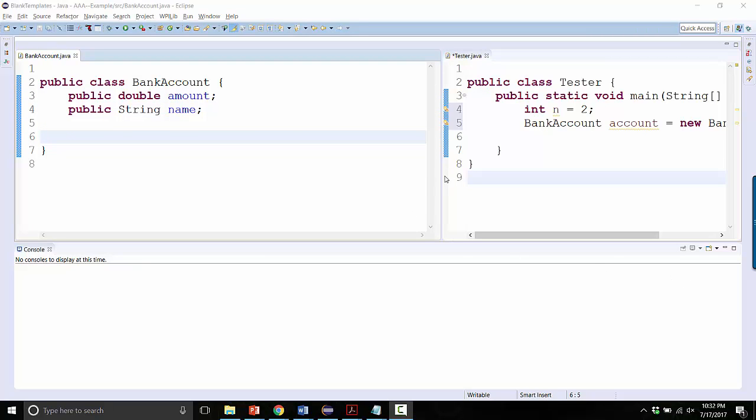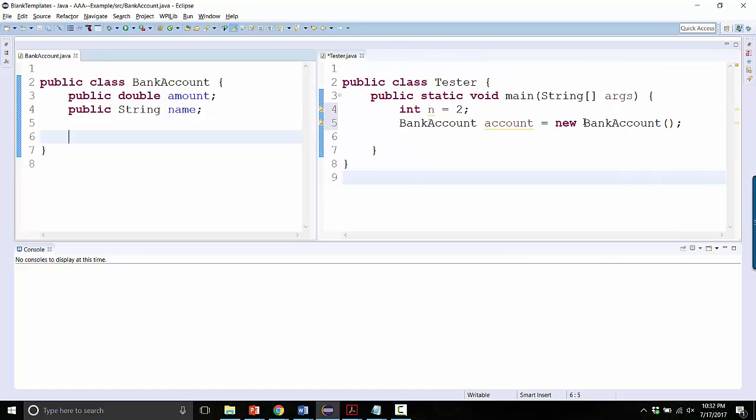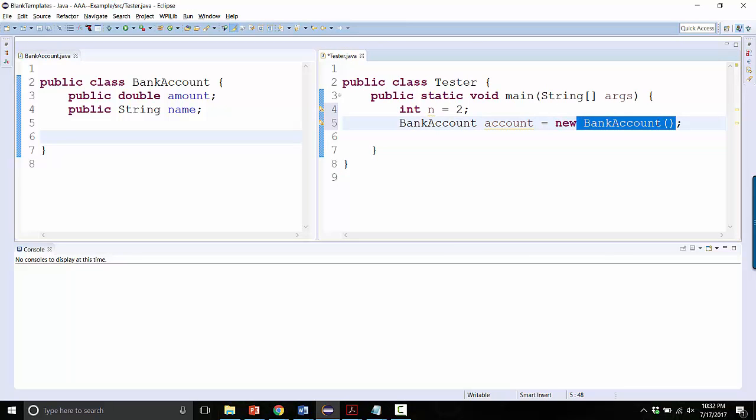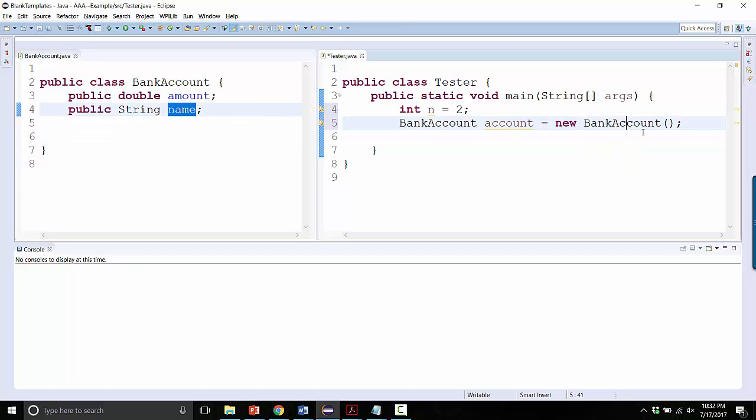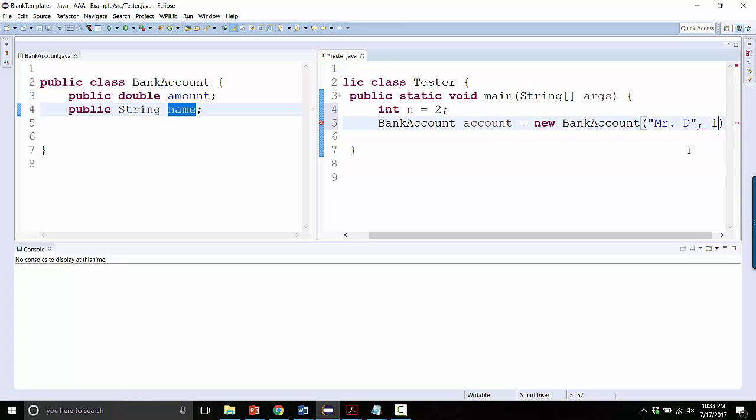Alright, so back over here in the tester, if I'm creating a new bank account, how do I tell the bank account how much money is in it and who owns it? The answer is this special method called a constructor takes as input the facts that you want to assign. So here, for example, I'm going to have the name on the account be Mr. D, and the amount of money in the account is going to be $10 to start with. Okay, now it's highlighted in red